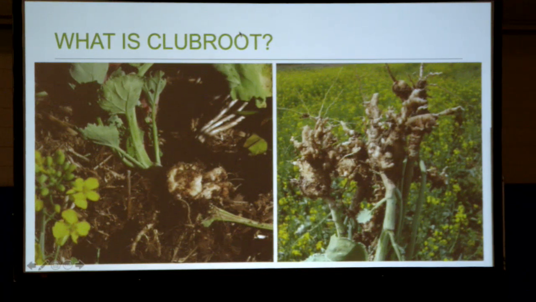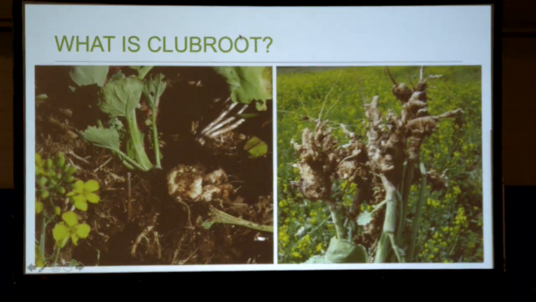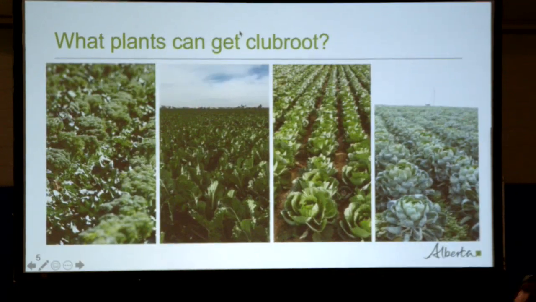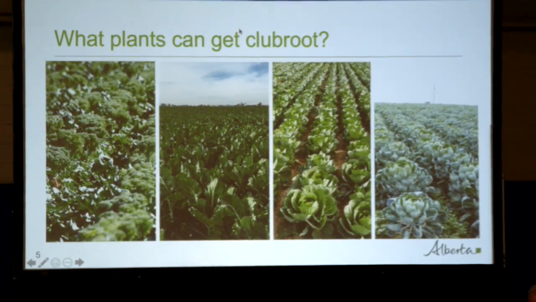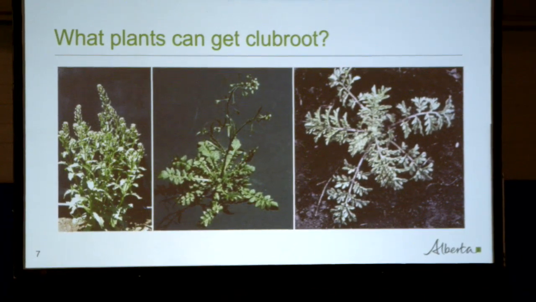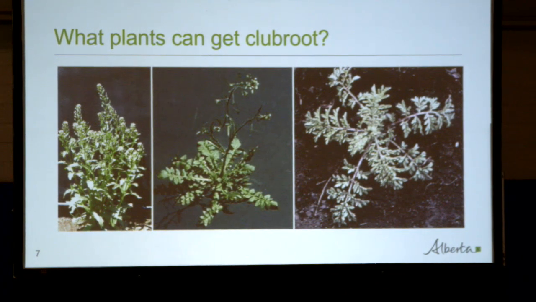So what is it? It's a disease that occurs on the roots of hosts, and these hosts are in the brassica family. So that includes canola. It also includes broccoli, cabbage, cauliflower, Brussels sprouts. Some people aren't sad to see Brussels sprouts die of a disease, but they're a host nonetheless. We also have kohlrabi, kale, radish, and Chinese vegetables like pak choy. And finally, we have weedy species that are naturally occurring in Alberta that are also in the brassica family, such as stinkweed, shepherd's purse, and flixweed.